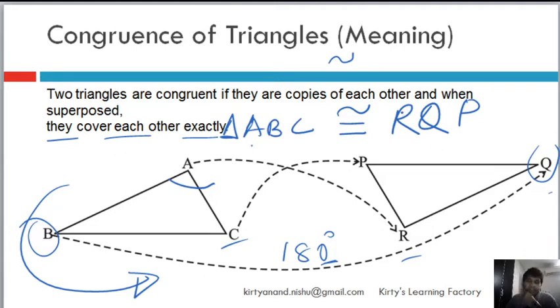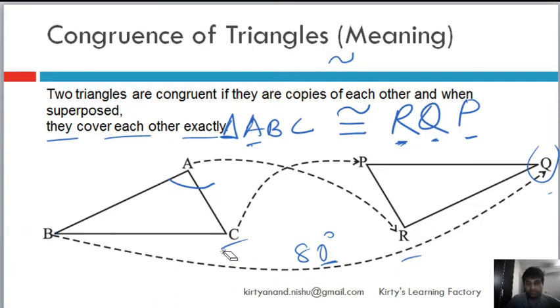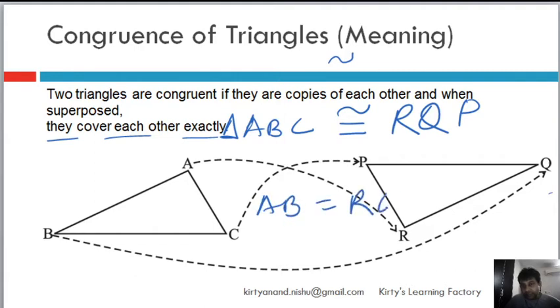Whenever you're writing congruency, you have to make sure that you write the corresponding points to the right, you have to correspond it with the right points on the other triangle, because it's very important. When I say ABC is congruent to RQP, what I mean I will tell you. Just by reading this, obviously we know that these two triangles are equal in shape and size, but then you can directly say that line segment AB is equal to line segment RQ, line segment BC is equal to line segment QP, line segment CA is equal to line segment PR.